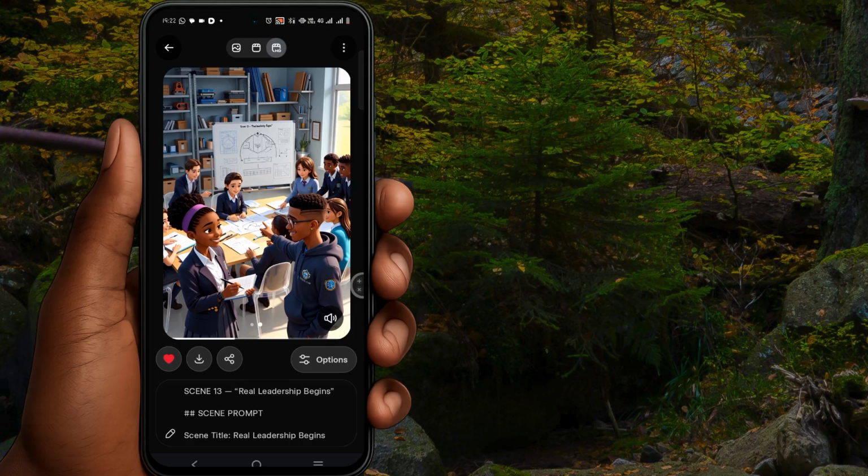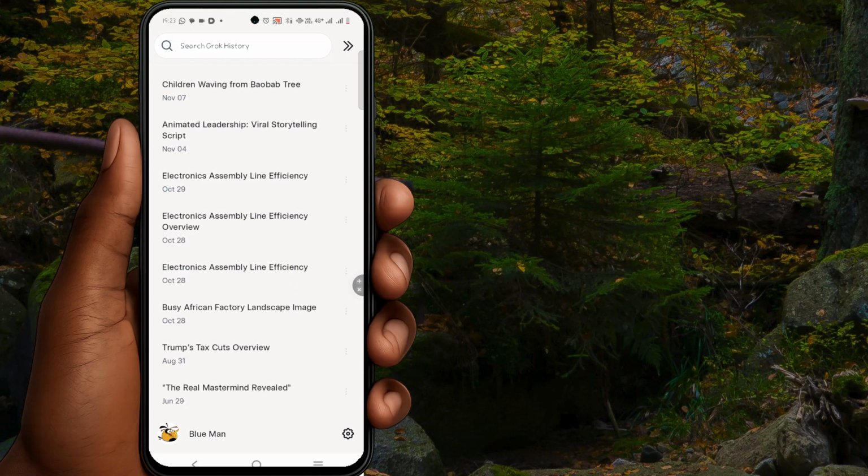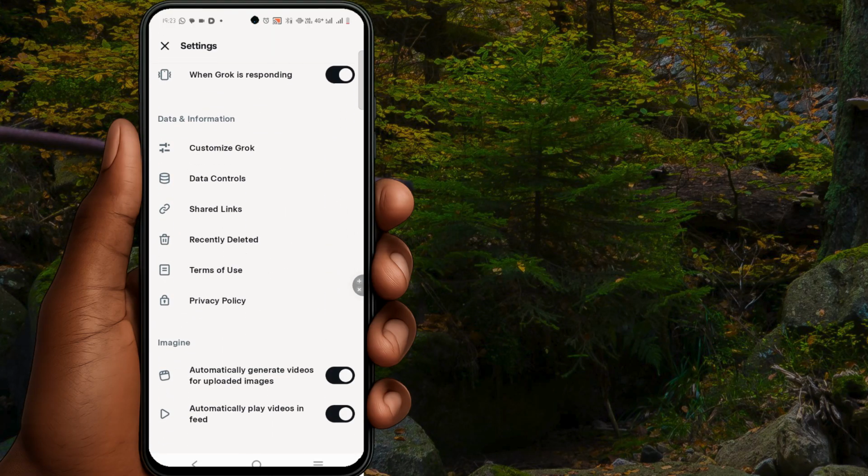Or the second thing you can do to ensure that nothing is tampered with, you come over to settings here and you see where it says automatically generate videos when uploaded. You can simply turn this off so that you would be the one to initiate the process. Okay, so basically that's it.